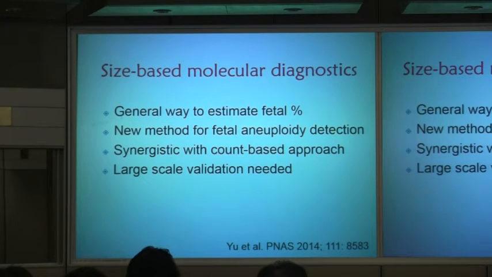We believe this counting and the size method are synergistic with each other, and you can combine them, though each of those is 99.5% accurate. By combining those, I think you can even push it towards a diagnostic test. Actually, this technology we have recently licensed to Illumina, and they are going to incorporate this into a